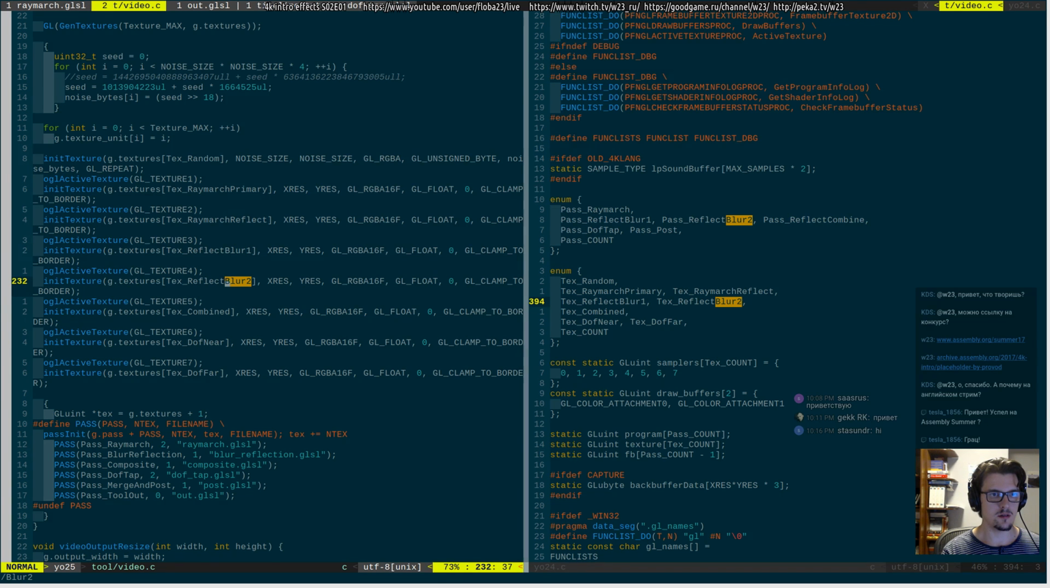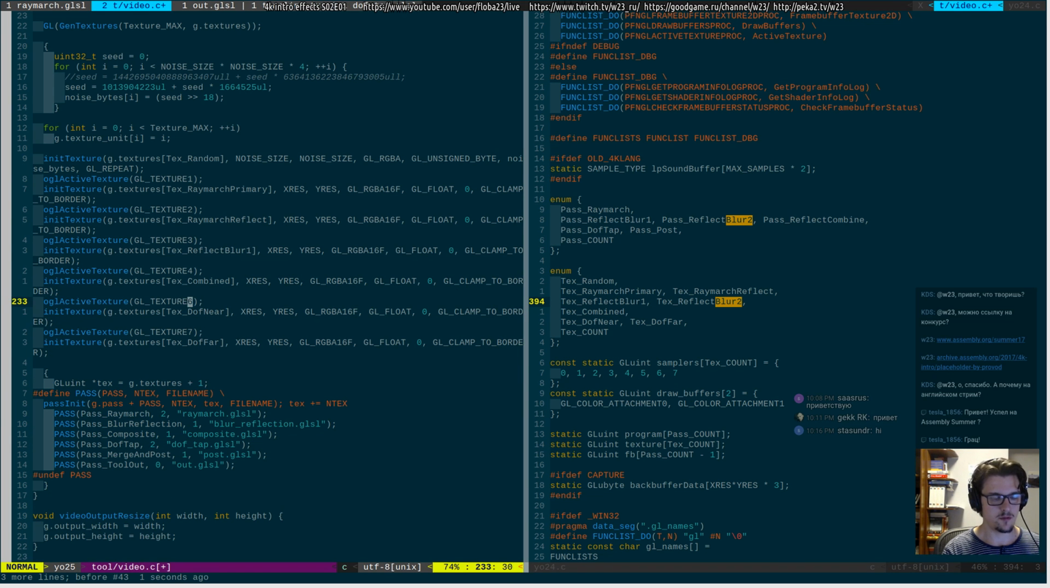So I can do this. But I will need to fix these indexes here. And then I can do like this. I can tell it to lower the resolution. Yeah, I still need to fix this